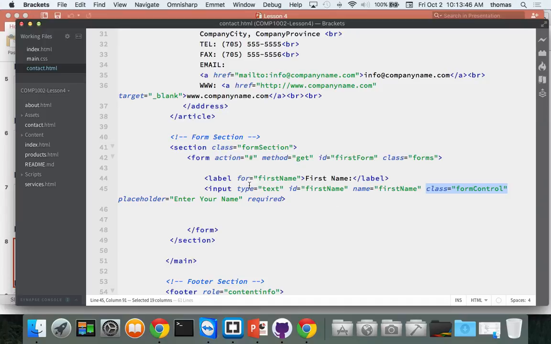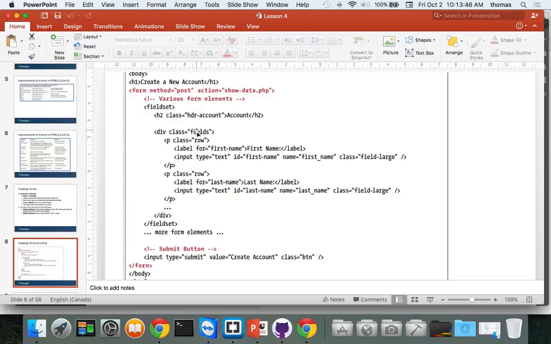Okay, so now, and if you notice, if we go back, one thing we're missing is something called a field set. Here's our field set. And our field set encompasses this whole thing for first name and last name. And there's also some other stuff they put in where they separate the two